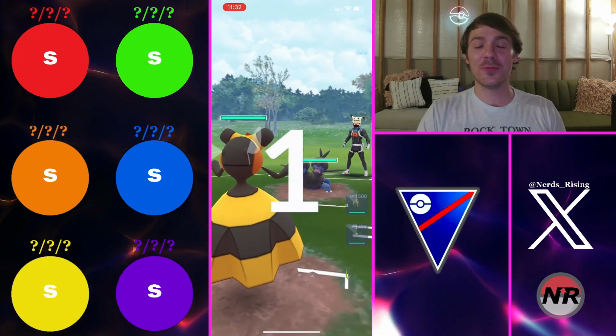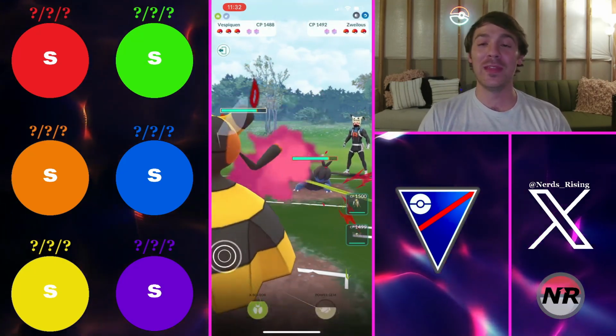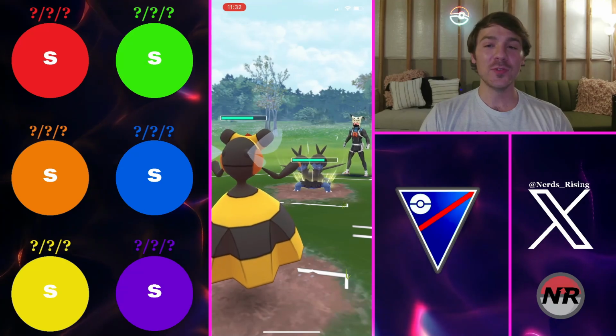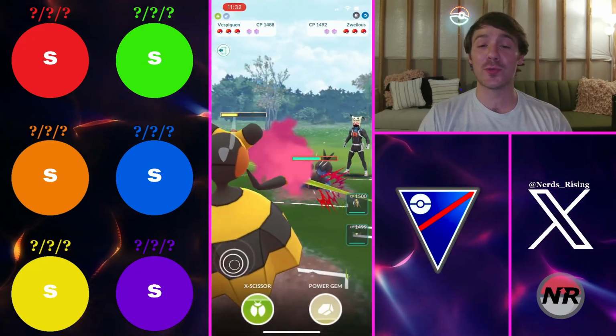And by the way, this is one that I showed on my top wins of the month a while back. This is actually a triple B theme team as well, with Vespa Queen and I believe Shadow Beedrill, and I want to say Ribombee as well. So he picks up a Zweilous lead here,